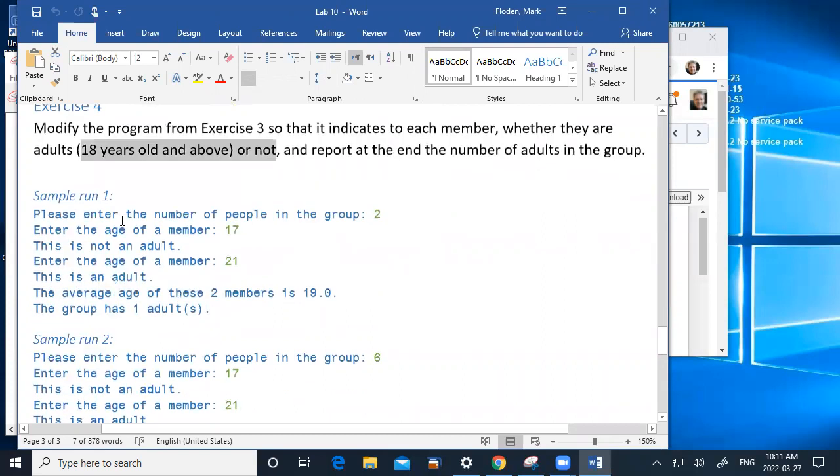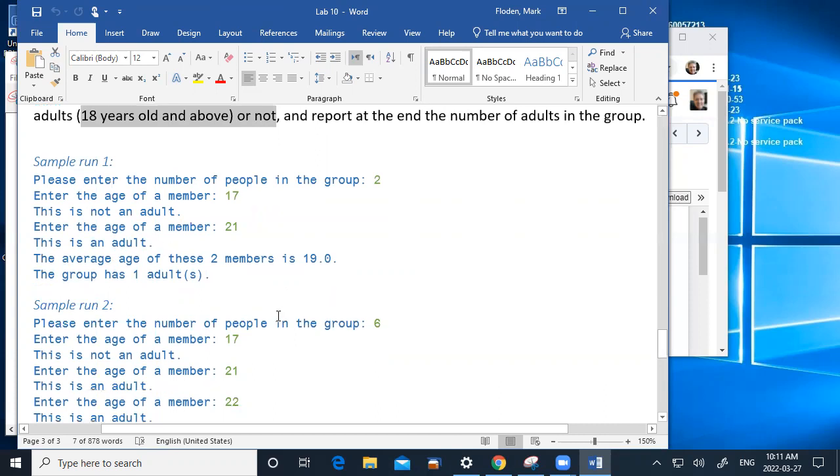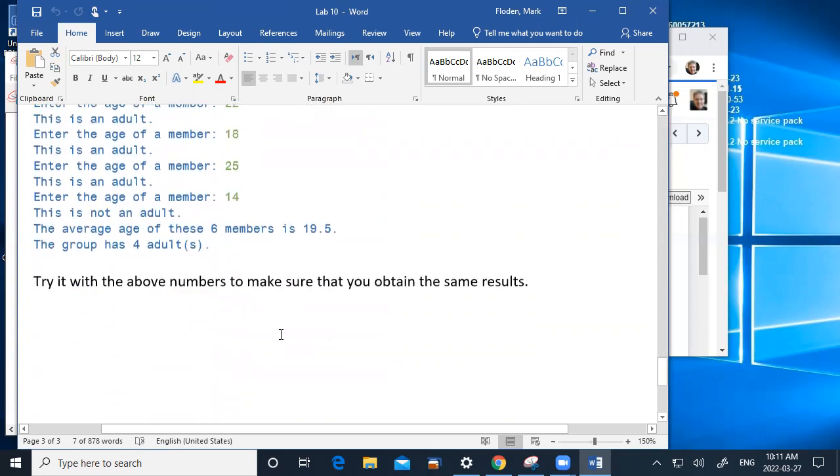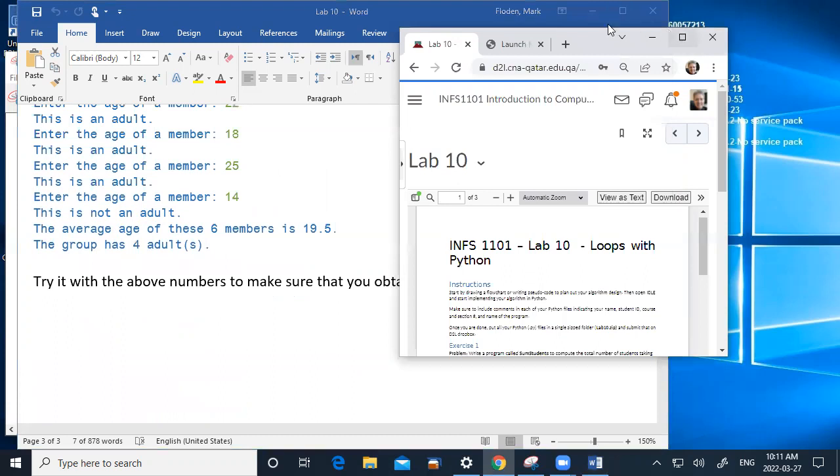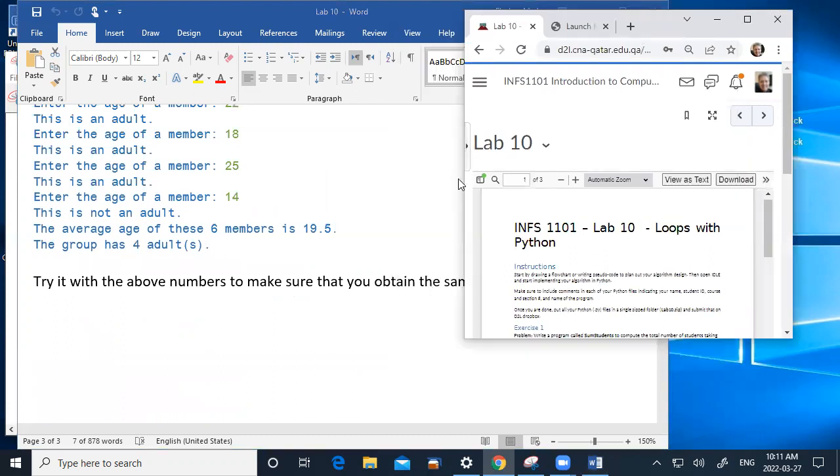And so that means at the start we'll have to have a count for the number of adults. And then we're going to have to increment that count, but we'll only increment that count if the age is more than 18. So that means we're going to have an if statement, and that's going to be inside a while statement. The while statement is going to be controlled by a count. The maximum count will be given at the start. And then there'll be an if statement that controls how many adults. So I think that's pretty straightforward,